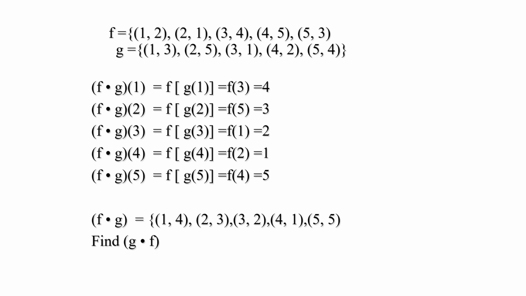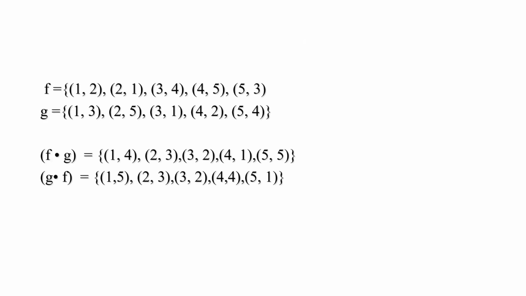Or in other words, we can say that if F composition G is to be computed, you have to select AB from G, BC from F, and you have to generate an AC that will come in F composition G. Here you have to understand that to find F composition G, you have to select AB from function G and BC from function F, and you have to add ordered pair AC to F composition G. The same way, if you want to find out G composition F, select AB from function F, BC from function G, and AC should be added to G composition F.